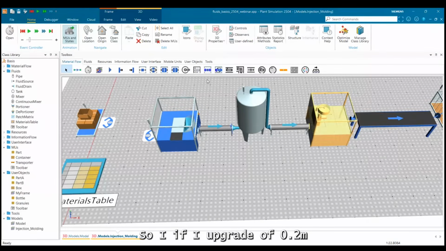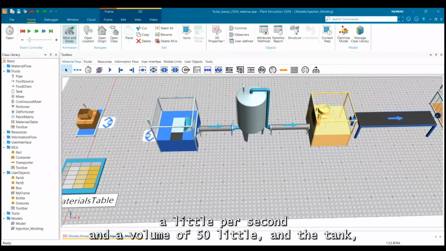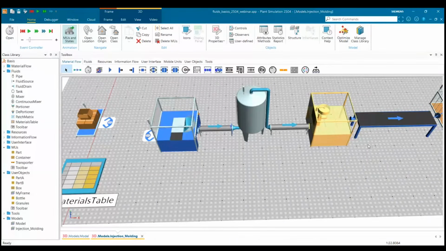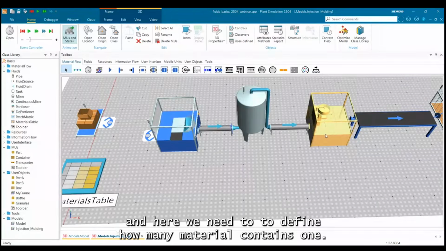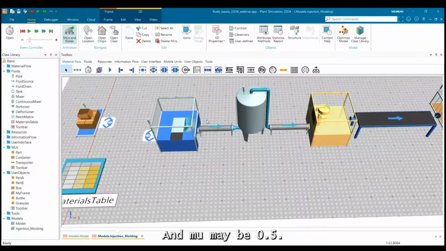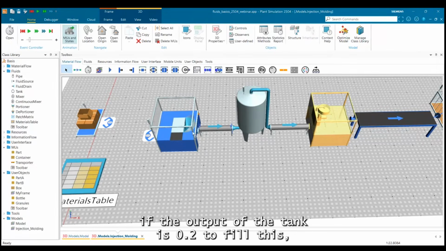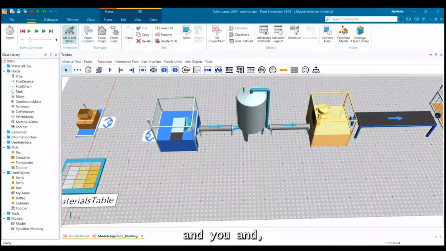So I have an outflow rate of 0.2 liters per second and a volume of 50 liters in the tank. And here we need to define how much material 1 MU contains, maybe 0.5. So it takes time, if the outflow rate of the tank is 0.2, to fill this MU.